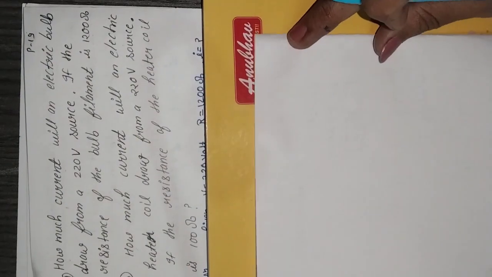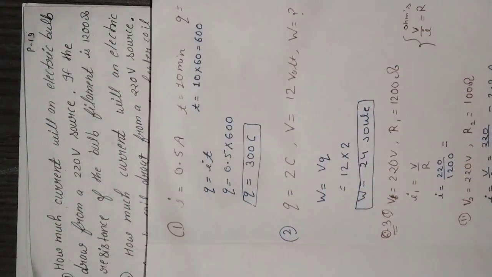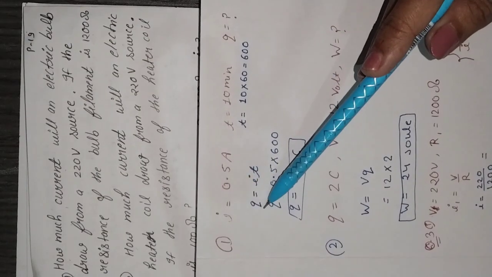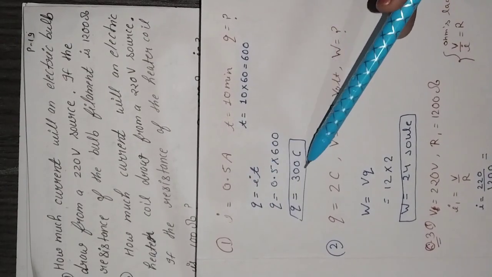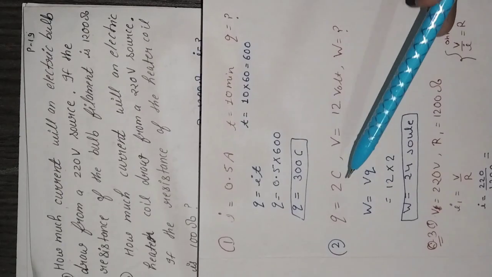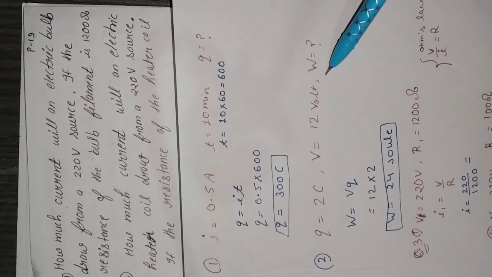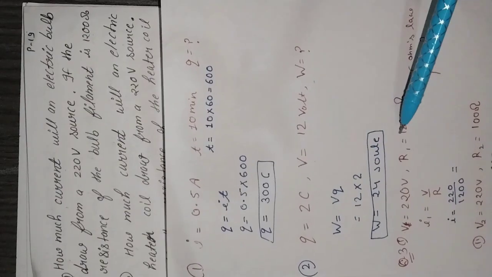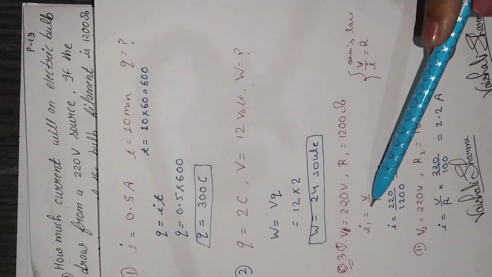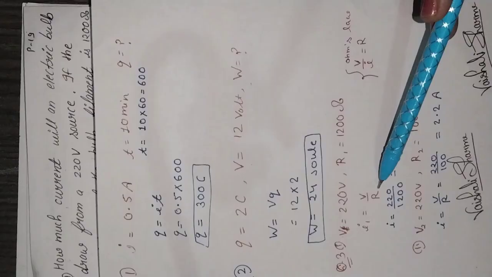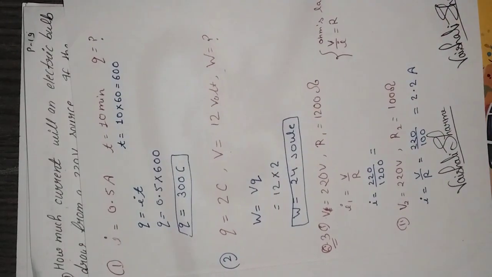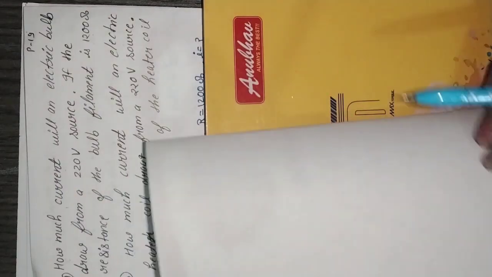Now I hope you understand the third question. If not, you can see all the question that we have solved. I is given, T is given, you have to find the Q, then formula will be Q is equals to IT. Then put the value and answer will be in Coulomb. When Q is given, V is given and W is asked, use the formula W is equals to VQ, put all the values and answer will be in joule. When V and R are given and find the value of current by using the formula V by R, voltage over resistance, and then put the value, then find the answer, then answer will be in the ampere because current is measured in ampere. And the next question is,